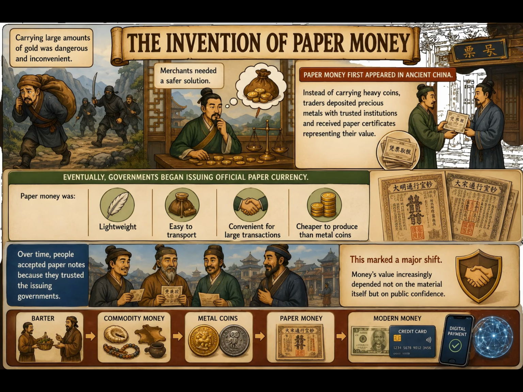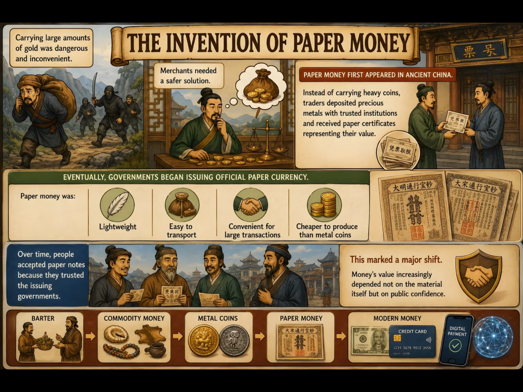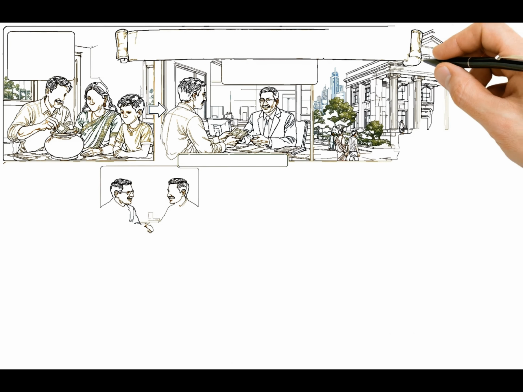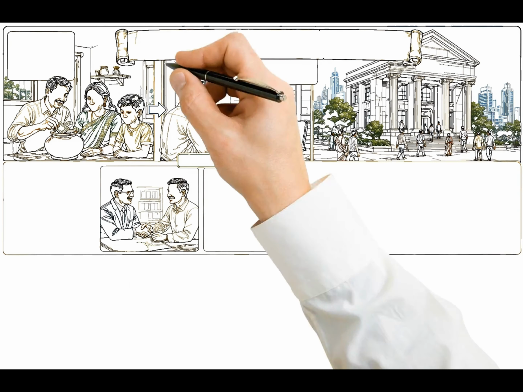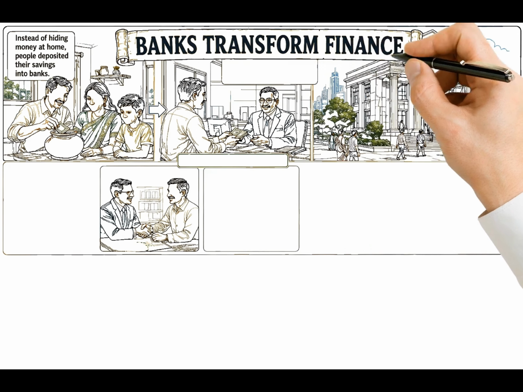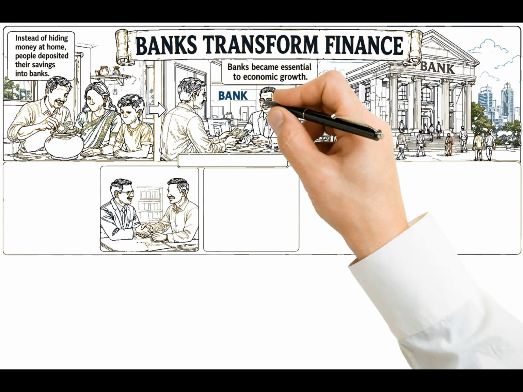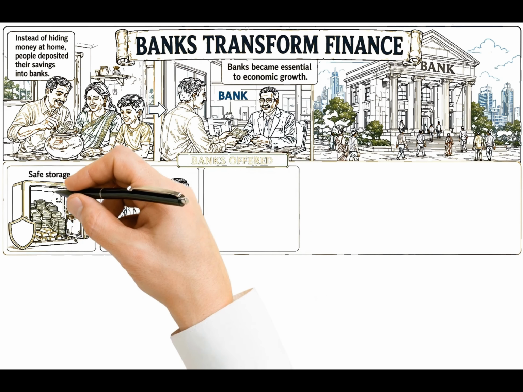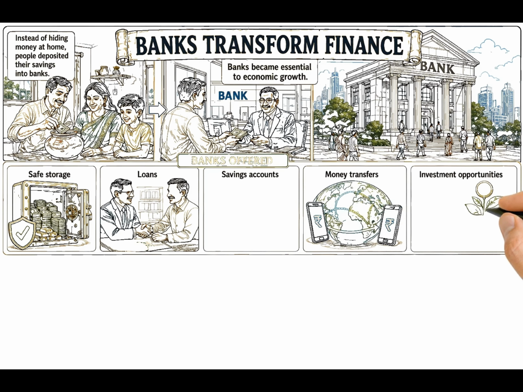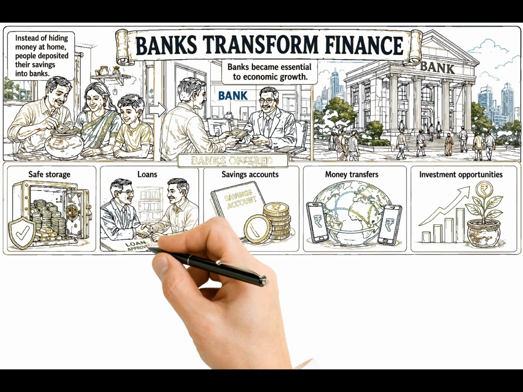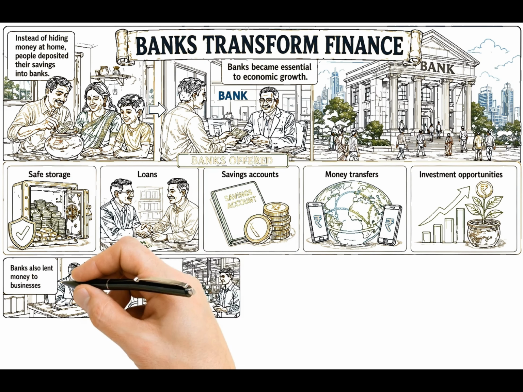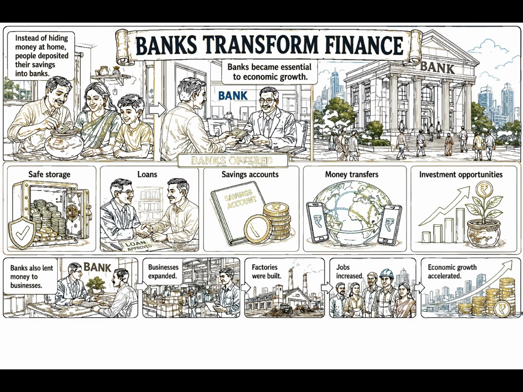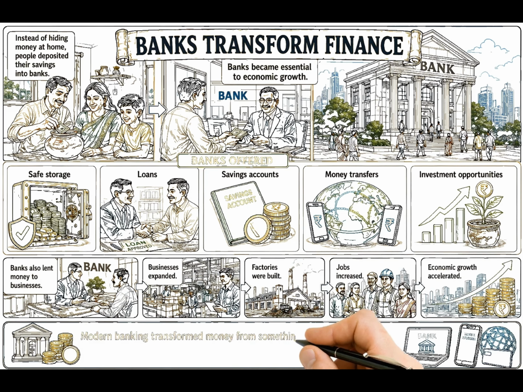The arrival of the internet created another financial revolution. Banks realized customers wanted to manage their money without visiting branches or ATMs. Online banking made this possible by allowing people to access their accounts from computers connected to the internet. Customers could pay utility bills, transfer money instantly, monitor account balances, apply for loans, manage investments, open deposits, and download account statements from home. Financial services became faster, easier, and more convenient than ever before.